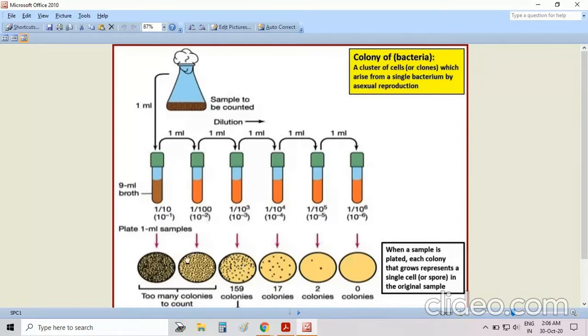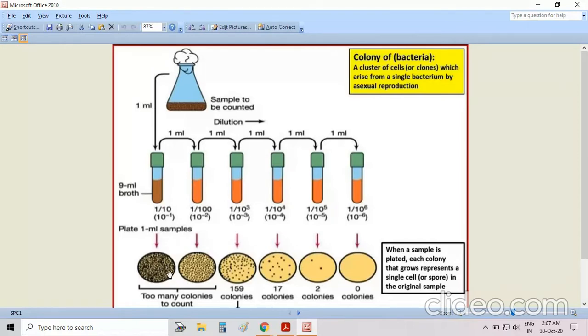One more thing to keep in mind while adding: the temperature should not be more than 50 degrees Celsius. It should be around 40 to 45 degrees Celsius. After that, we have to add the water sample in all petri dishes. There is a standard criterion: the nutrient agar liquid should be in the range of 40 to 50 degrees, not more than 50 degrees Celsius. Generally we take the nutrient agar solution at 40 degrees Celsius in the petri dish. After that, we add the water sample.